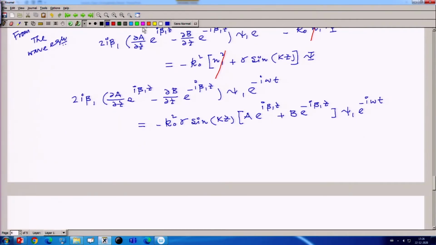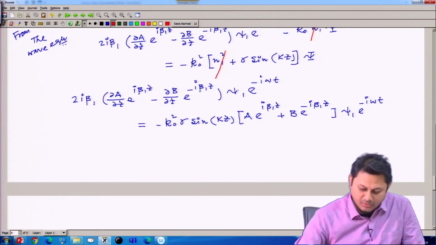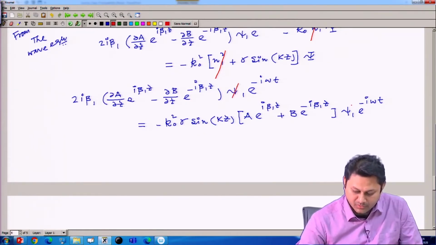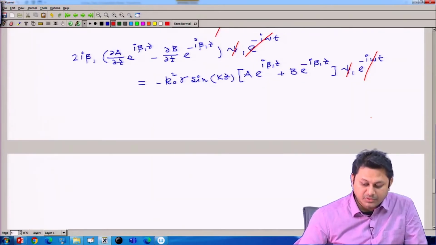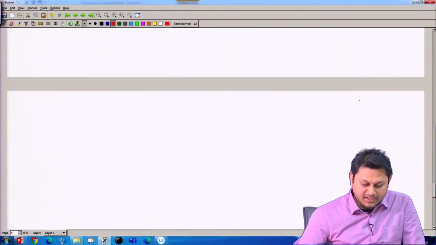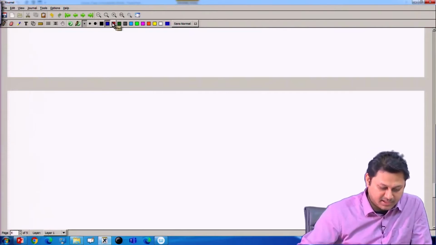Now, again this quantity psi 1 and psi 1 will cancel out here, and e to the power i omega t and e to the power i omega t also cancel out. So, these two terms cancel out, and I can write this expression as